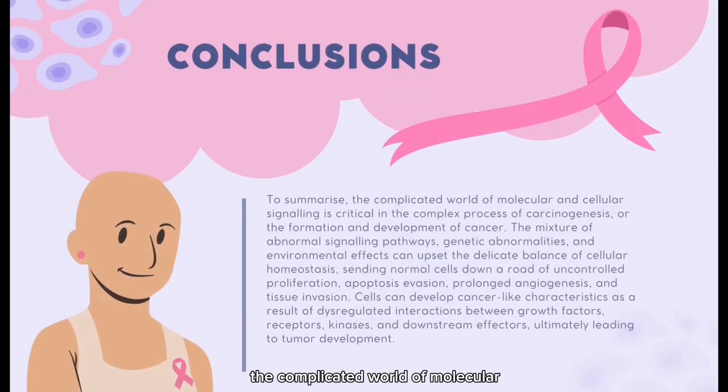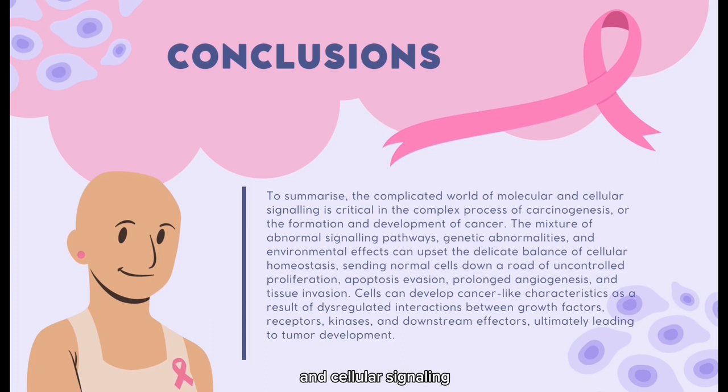To summarize, the complicated world of molecular and cellular signaling is critical in the complex process of carcinogenesis, or the formation and development of cancer. The mixture of abnormal signaling pathways, genetic abnormalities, and environmental effects can upset the delicate balance of cellular homeostasis, sending normal cells down a road of uncontrolled proliferation, apoptosis evasion, prolonged angiogenesis, and tissue invasion. Cells can develop cancer-like characteristics as a result of dysregulated interactions between growth factors, receptors, kinases, and downstream effectors, ultimately leading to tumor